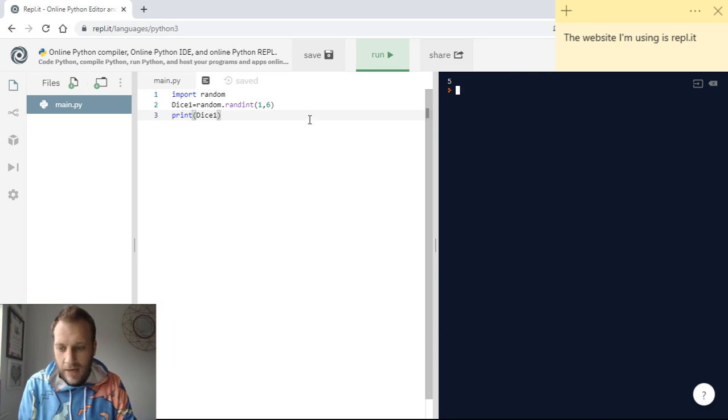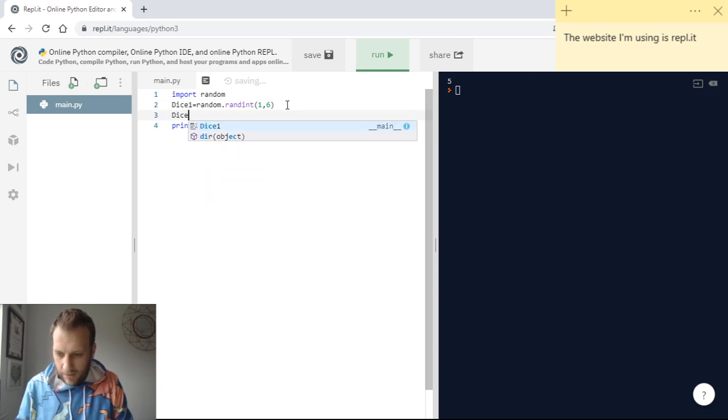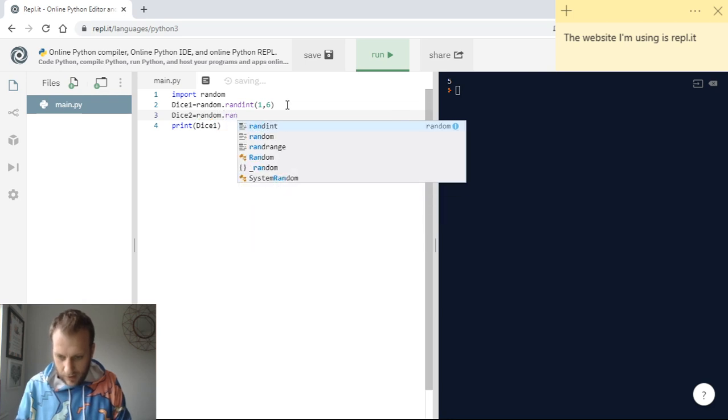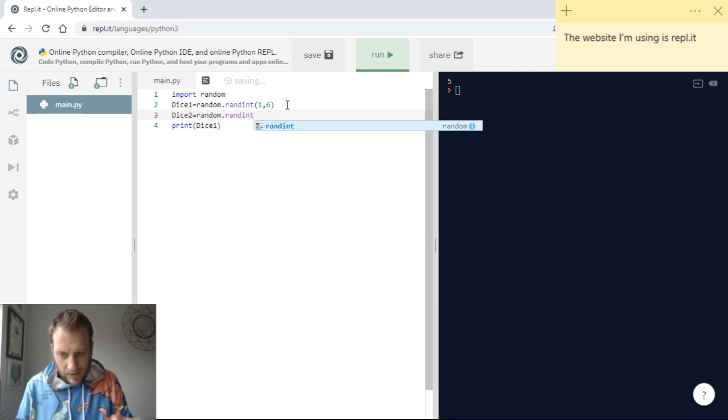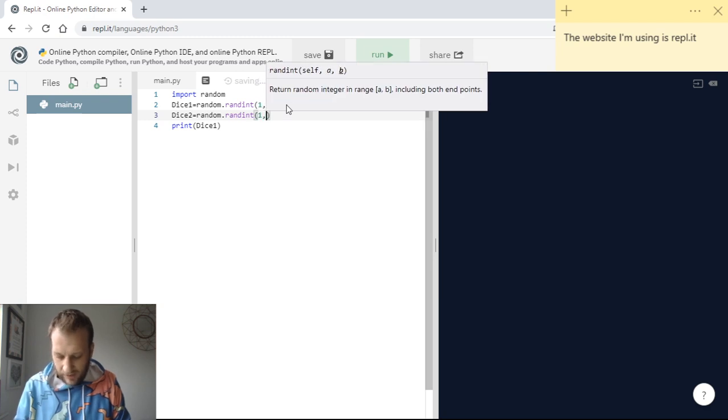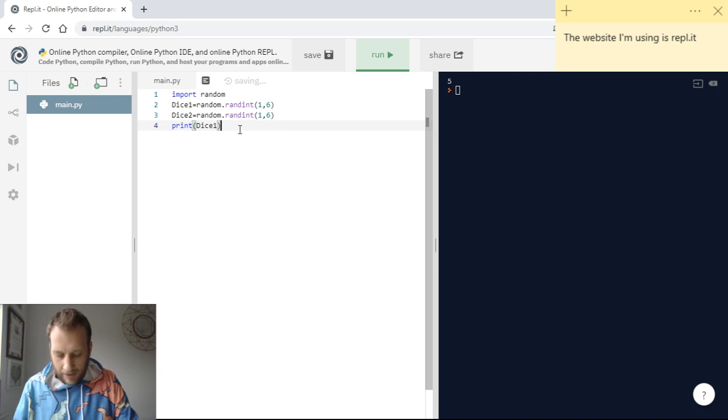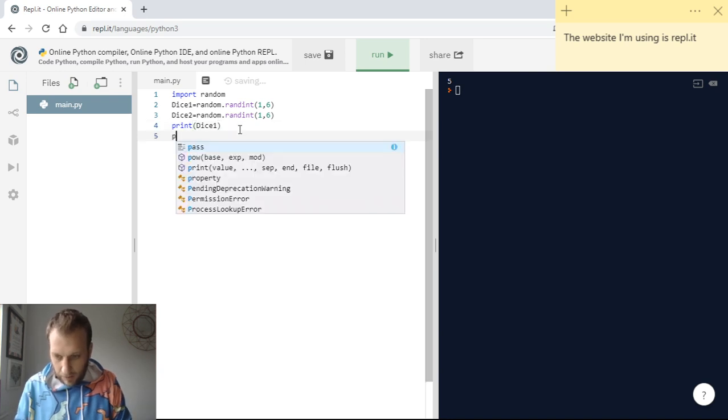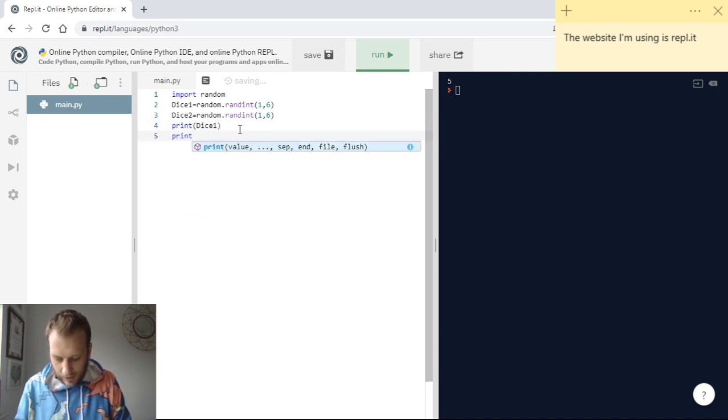Let's get a second dice involved then. Let's do another dice. So I'm going to go the same sort of thing, but I'm going to make another variable, but this time call it dice2. And dice2 equals random.randint. So same command again, same range again, because it's a dice, 1 to 6. And then I'm going to get it to print